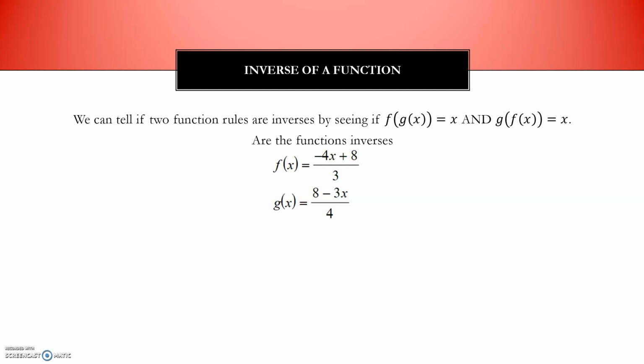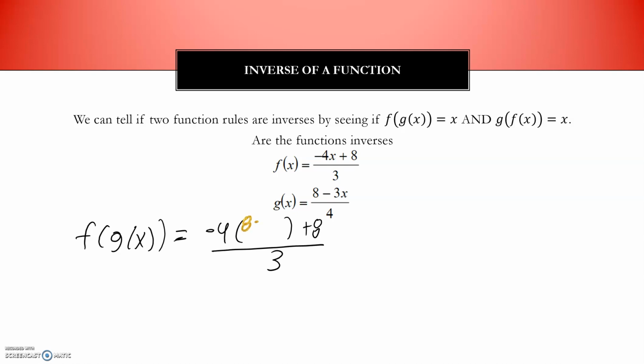All right, so we'll do f of g of x first. F of g of x. So that means we're going to take the formula for f, negative 4x plus 8, over 3, and we're going to plug the whole function rule for g of x in there. Okay, and then we're going to simplify. So that would be cancel. I would get 8 minus 3x plus 8